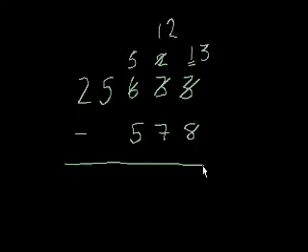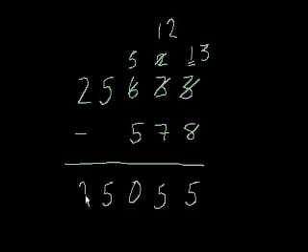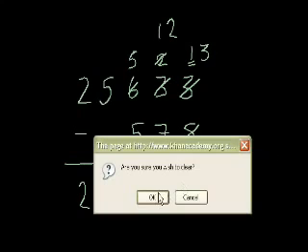13 minus 8 is 5. 12 minus 7 is 5. 5 minus 5 is 0. 5 minus nothing is 5. And we have to bring down the 2. So the answer is 25,055. So let's do a problem now that I think will confuse you a little bit more, because the borrowing